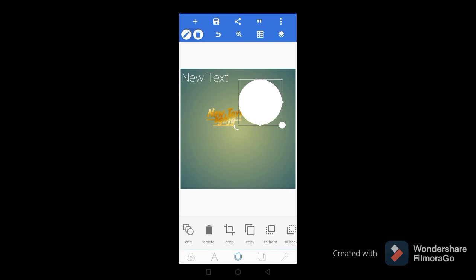You can crop your shape, you can copy your shape, that is duplicate it, you can add it to the front, you can add it to the back, you can position it. Whatever is the same option does the same thing. You understand? You can add the color, you can change the texture the way we changed this text texture. You can actually do the opacity here, that if you didn't do it in the first place, you can actually erase color. If you don't like the color, you can erase the color,